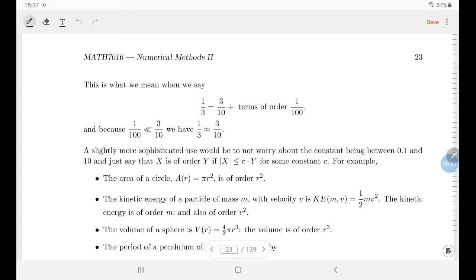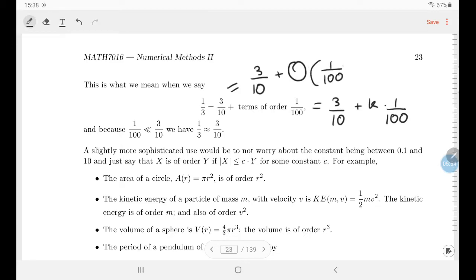And then, the important thing is actually that it's 3/10 plus some multiple of 3/100. And this is way smaller than this. So what you can do is, if you've got a situation like this, and this is actually how we'll also write it, it's 3/10 plus terms of the order of 1/100. And if this thing is way smaller than this, if you throw away these extra terms, which are small in comparison, you get an approximation. So that's the sense in which a third is approximately 3/10, because the difference between them is only a multiple of